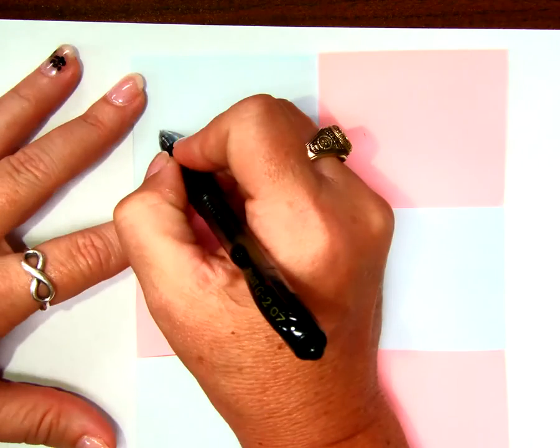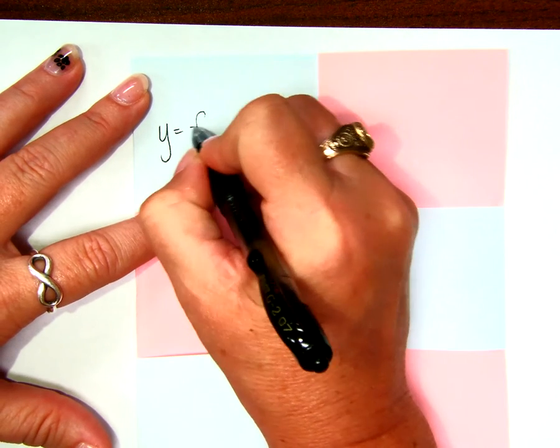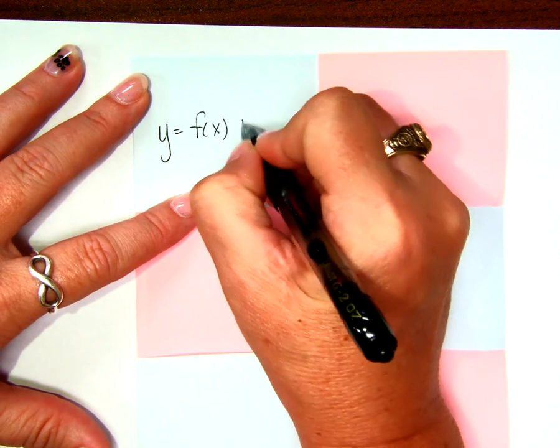So let's try this one. Y equals f of x, whatever function I had, plus k. And then y equals